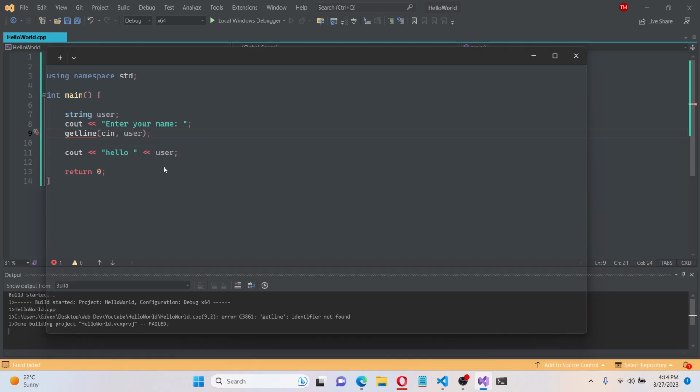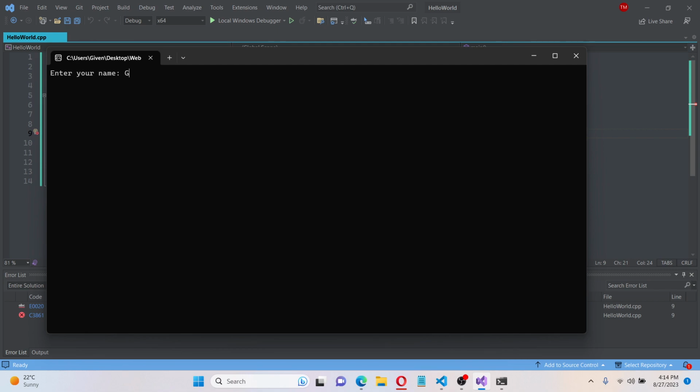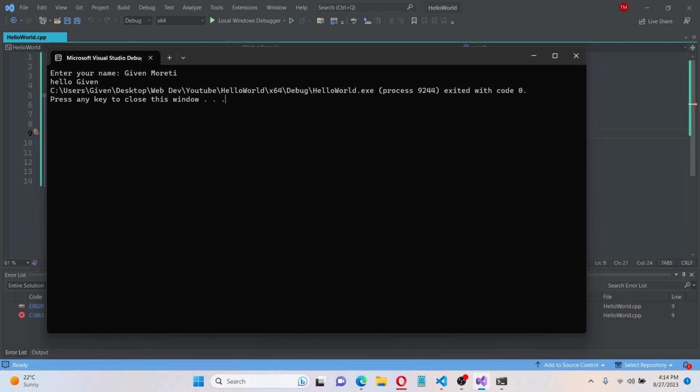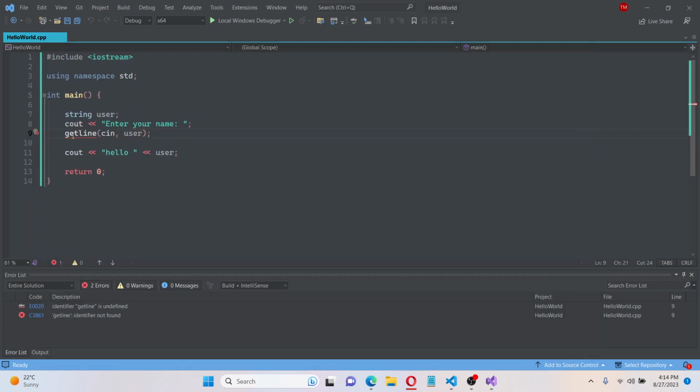Okay, now when I enter my name, let's say I enter my full name there. Let's hope everything gets printed out. Hello given. Where is the last name? It's not printed out because this getline here is not read, it's not interpreted because it's erroneous. So how most people do it is they import the standard library. So we're going to have the standard library getline, and then okay, maybe